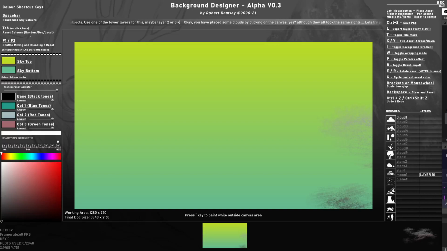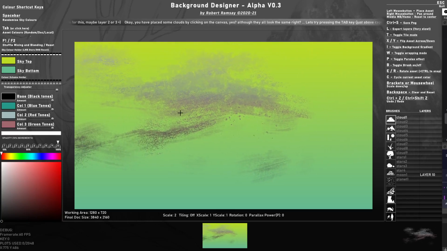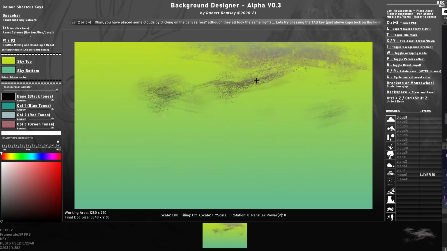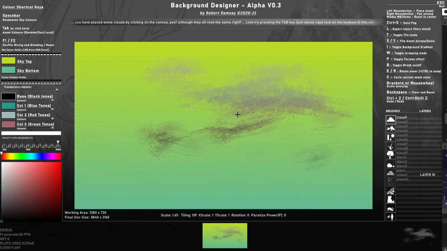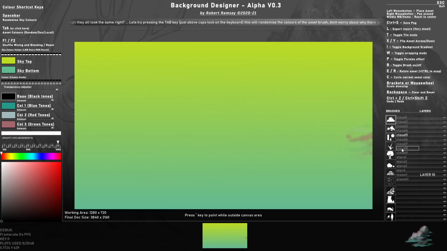Hello, for this video we're going to show you how to use Background Designer to design your own tileable backdrop. Now when you open up this software you'll see that you already have a brush attached to your cursor because you start with brush mode and you basically have to pick your brush here on the right, what you want